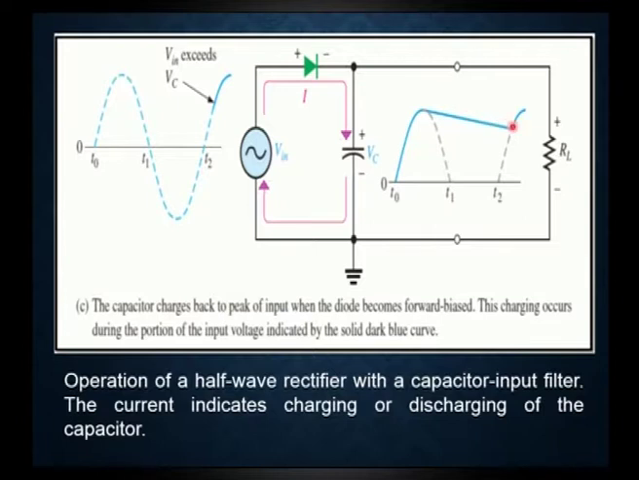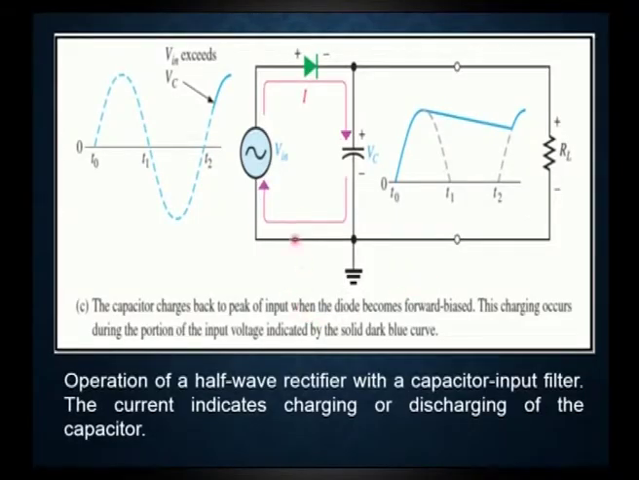This time is discharging and this is the charging point. Initially the capacitor charges, and after it crosses the peak voltage, the capacitor starts discharging. Again, when it starts reaching towards the peak voltage, it starts charging. This is one complete cycle of charging and discharging of a capacitor filter that is used in a